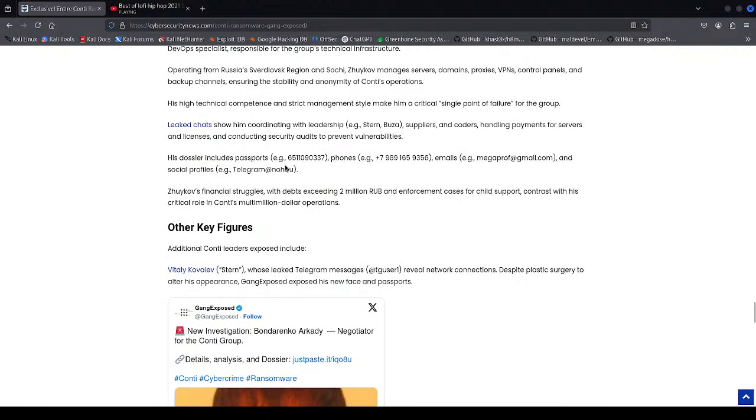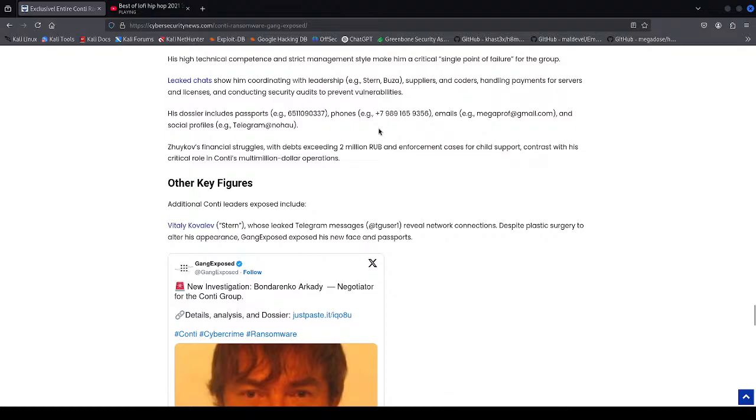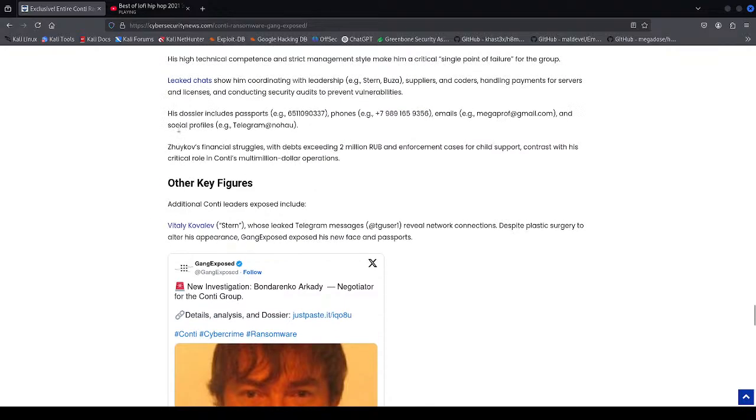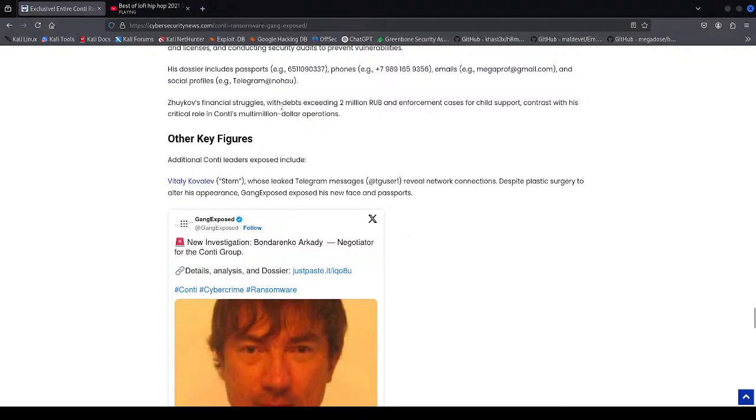His high technical competence and strict management style make him a critical single point of failure for the group. Leaked chats show him coordinating with leadership, Stern and Buza, suppliers, coders, handling payments for servers and licenses, and conducting security audits to prevent vulnerabilities. His dossier includes passports with a number on it, and his email on there, and he has a Gmail and social profiles, Telegram at Nahu, right? So he's using Telegram to communicate. Zhukov's financial struggles, debts exceeding 2 million rubles, and enforcement cases for child support contrast with his critical role